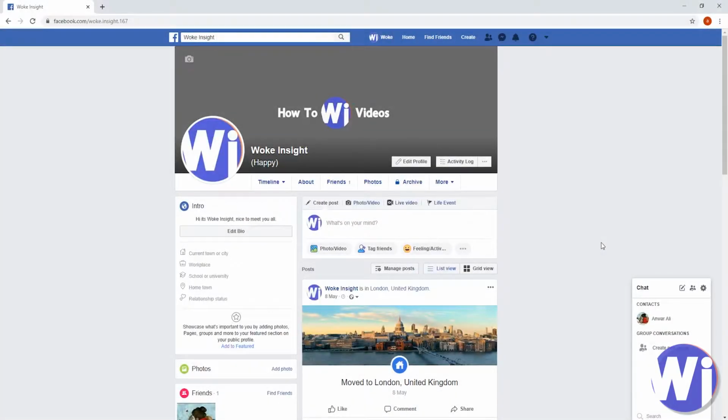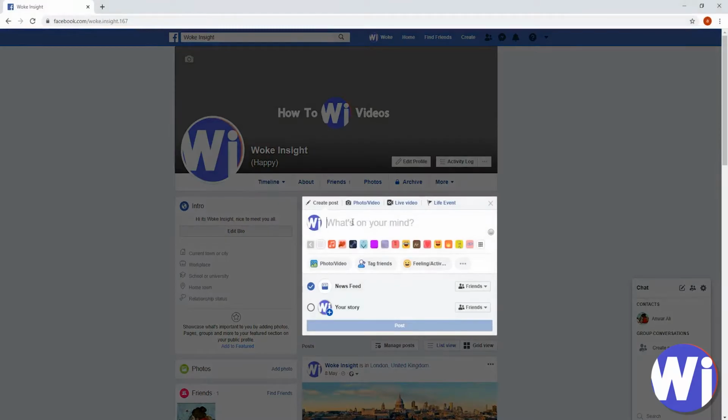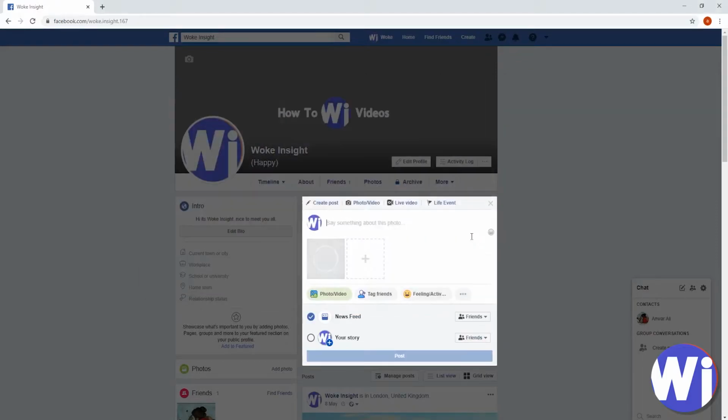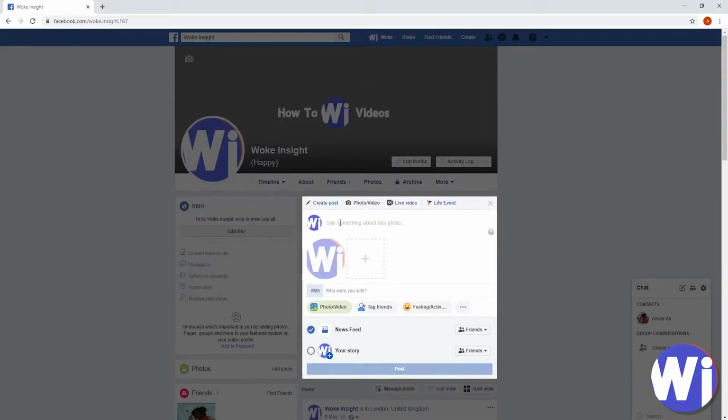How to tag people on a post. So when you're about to make a post, any post you want, for example, if you're just going to upload a picture, once you've uploaded your picture,